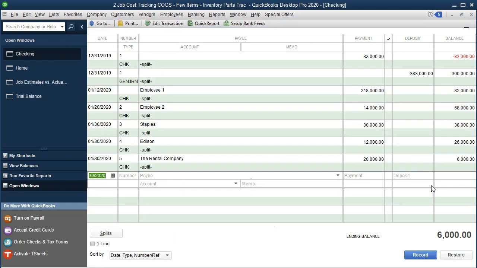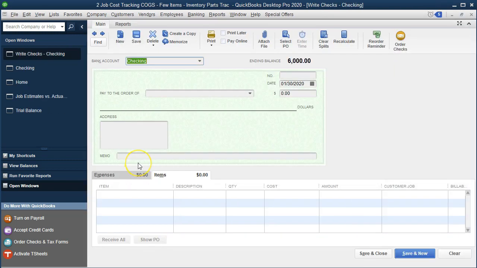So I'm going to open the check and double click to open the check here. Now, this is a case where since we're going to have a zero check, we're just using the form for something else. You might not want it going to your checking account. You might want it going to some other kind of cash type of account. So I could say I want to set up a new account, which is going to be, let's say, a clearing